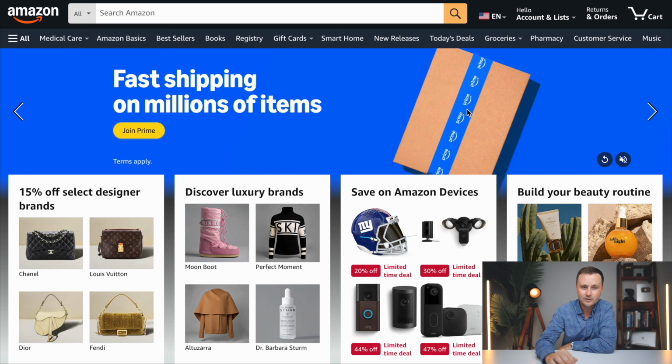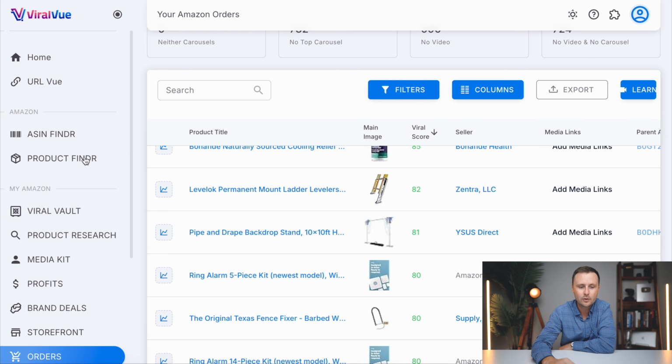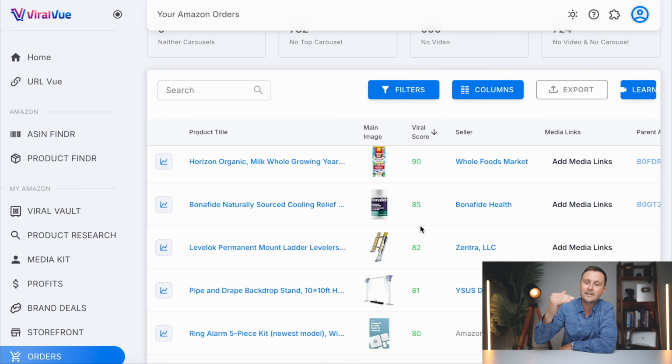So there's 2 things to focus on. First is to go back to Viral View and go to the orders page, have this sorted by viral score. All of these ones, you want to basically work from the highest score down. Those are all of the videos that you want to focus on. Now, these products are products that you should already own, so you don't need to buy anything. But we are regularly purchasing more things on Amazon, so you can also use Viral View for that.